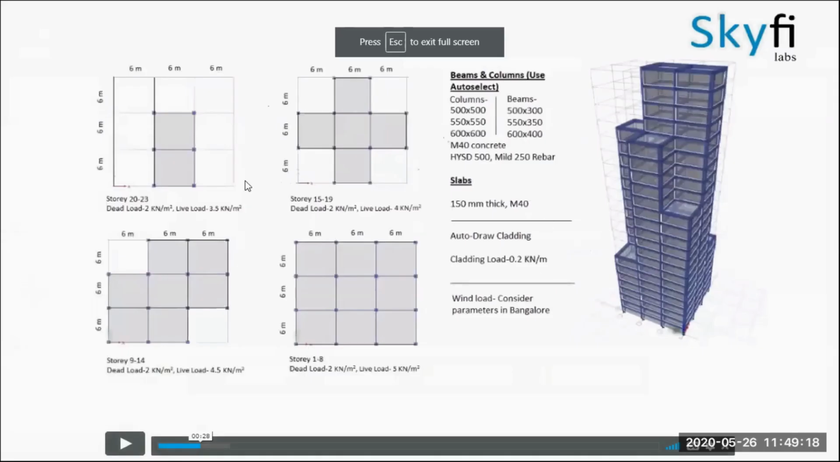We are going to design the 23-story building using the following details. You can see we have three column sections, three beam sections, M40 grade concrete, high yield 500, mild 250 rebar, and a slab. We have 150 millimeter thick M40 grade concrete slab, using auto draw cladding, and the cladding load is 0.2 kN